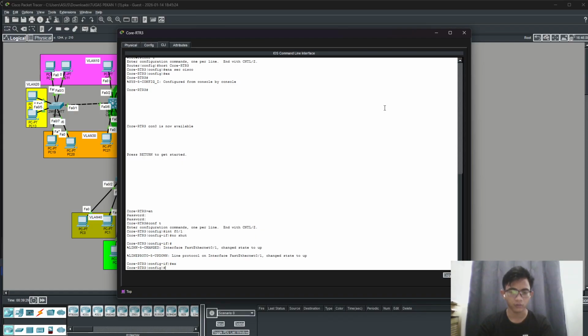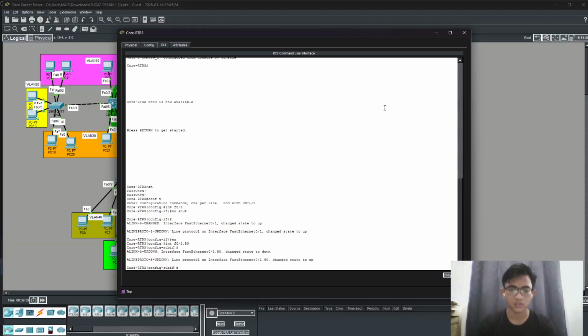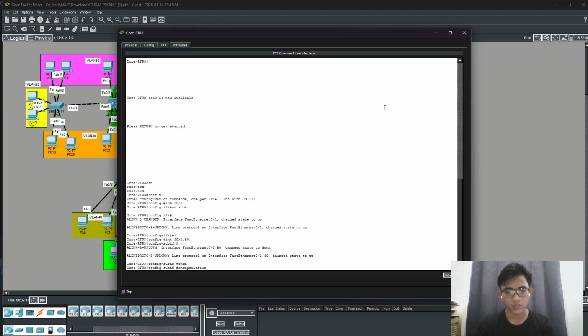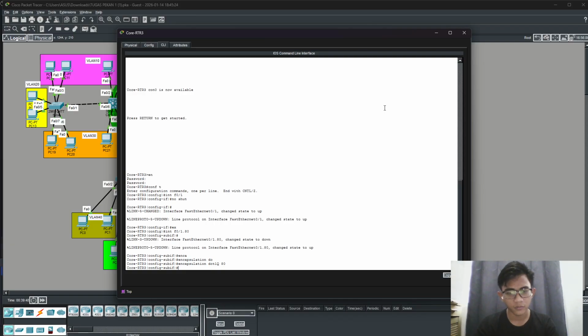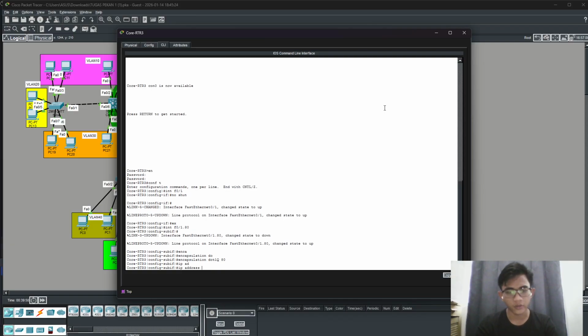So now I will make a subinterface F0/1.80 for VLAN 80. So encapsulation dot1Q 80 is the ID, and the IP address is 10.